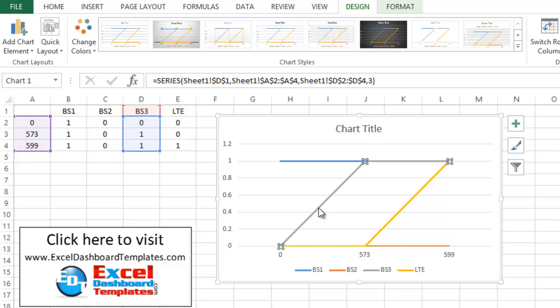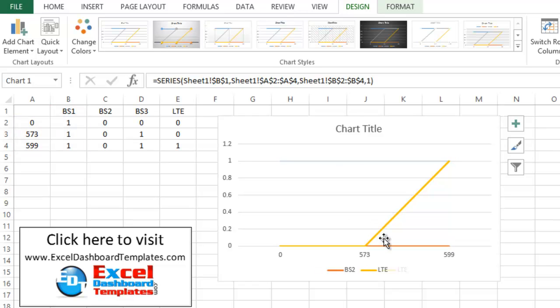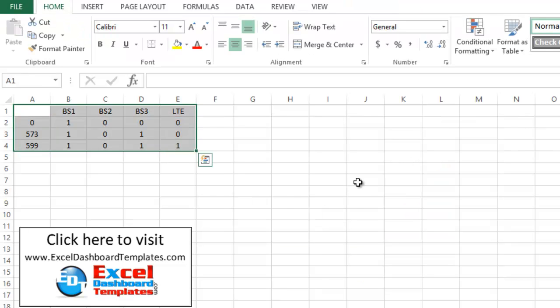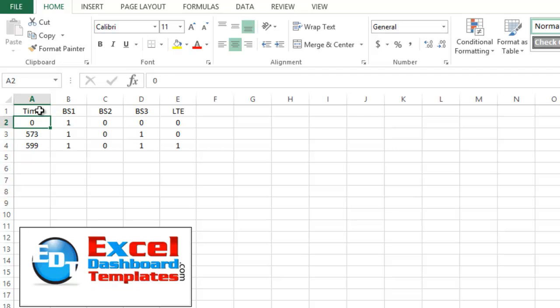If we delete a lot of these different lines so you can just see one of them, let's look at LTE specifically. It was at 0, at 573, it goes up to 599. Just not sure it really represents that it wasn't 3 periods, it was 599 seconds, so it could be different all over the board. So here's what my idea was, what I would suggest doing is let's do a step